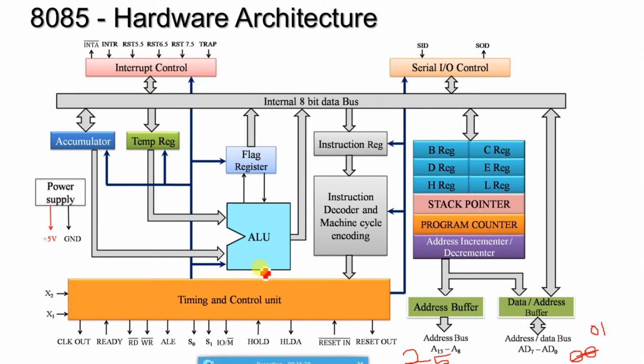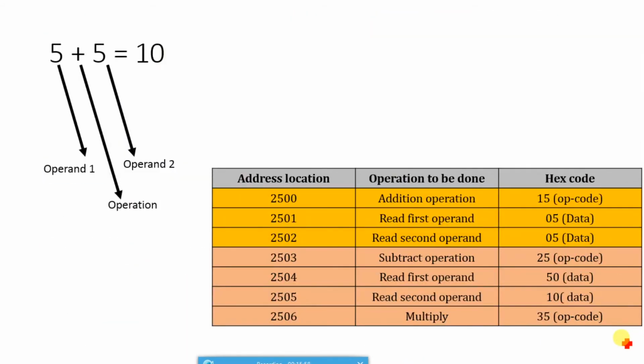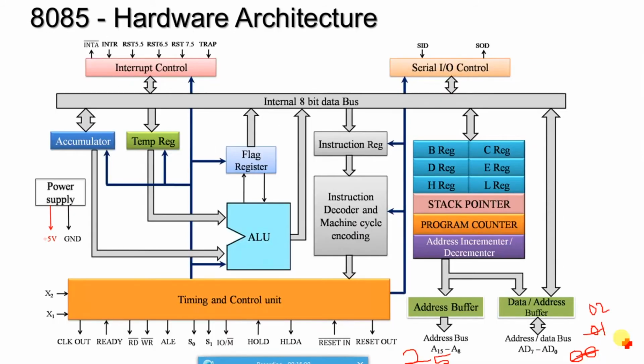It can reach the temporary register, and now one more address increment is there, 2502. One more 05 data is available. That 05 is coming towards this bus and reaching the accumulator. These two are giving two operands to the ALU. The ALU performs the operation and stores the status, and the result is available in the accumulator itself. This is the process, so this is the one function we have completed.